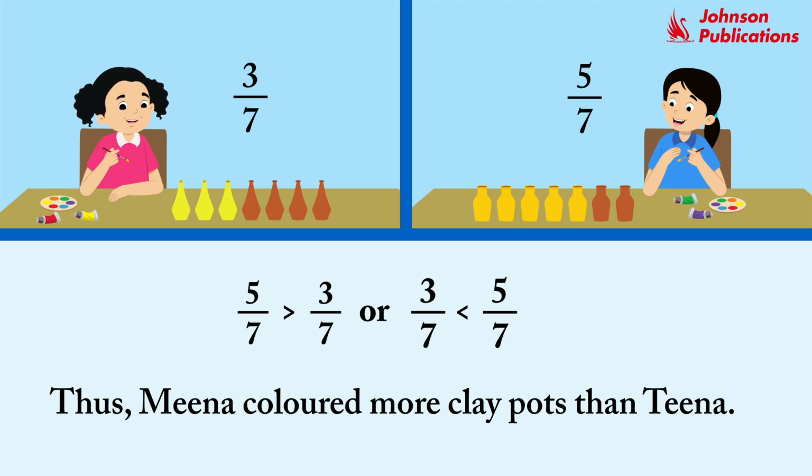As we know that in like fractions the denominators are the same, so to compare the like fractions we compare their numerators. Comparing unit fractions. As we know that in unit fractions the numerators are 1, so to compare the unit fractions we compare their denominators. In such fractions, the fraction that has the smaller denominator is the greater fraction. Since 7 is greater than 5, so 1 by 5 is greater than 1 by 7.